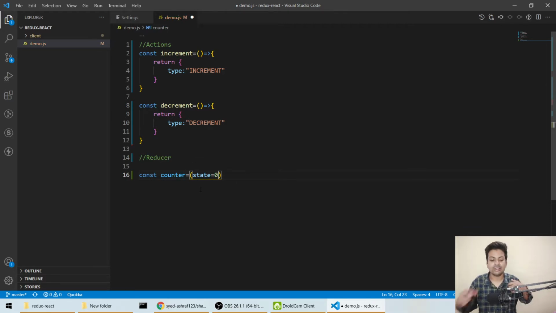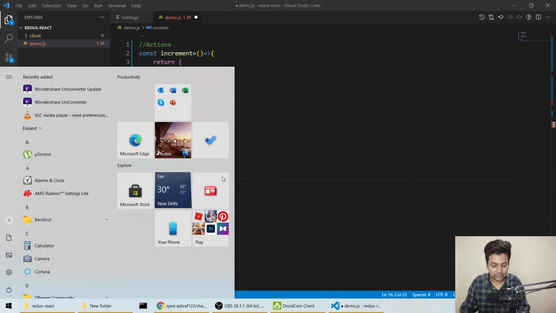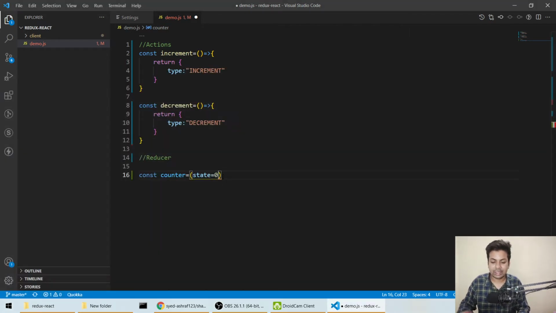What is the starting value when the website loads? It will be 0, or if you want, it could be false, or 4 5 6. It's on your side what you want to do. But generally it's either 0 or true or false. I'll take 0 because I'm making a counter.